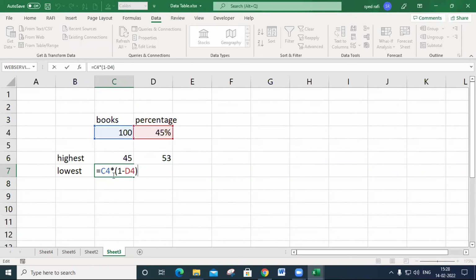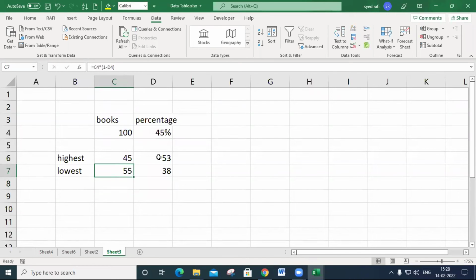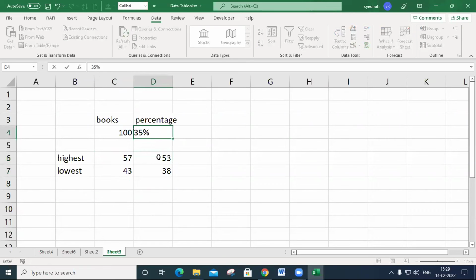That's why I gave the formula equal to 100 into, in bracket, 1 minus 45%. You simplify and get this answer. So 55 books I sold for 38, the lowest price. You may change it like this, 57 books, 35 books, 41 books, and you get results accordingly.